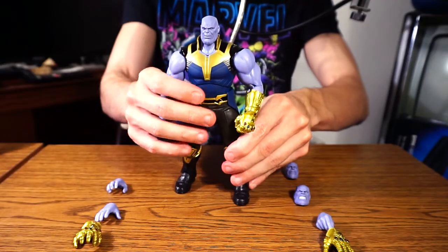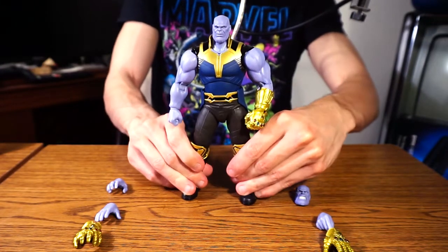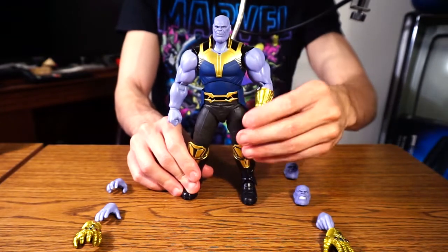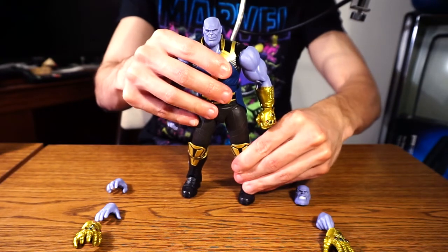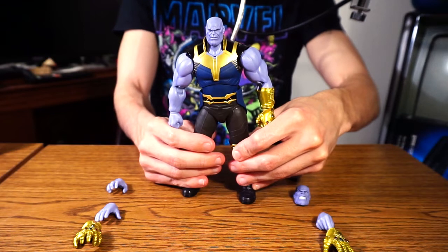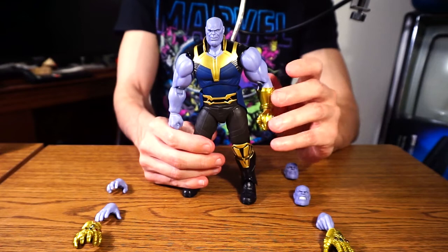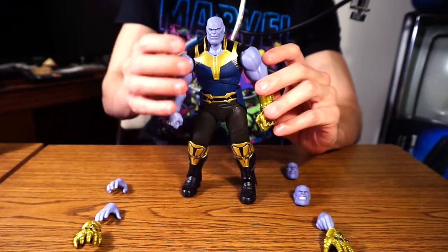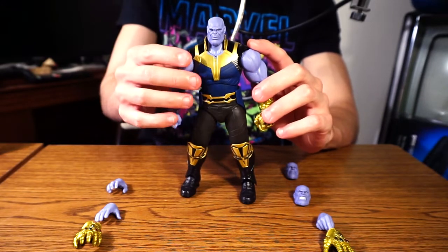I'm pretty sure some major Marvel nerd out there, a bigger Marvel nerd than me, will point out exactly what type of species Thanos is and where he hails from. I know he hails from Titan, the, what is it, the moon? Is it a Saturn moon or is it a Jupiter moon? I can't remember, but I know that that's where he grew up, but I don't exactly know where he was born. But he's an alien species, and one of the resembling characteristics, besides the very iconic ballsack-looking chin,